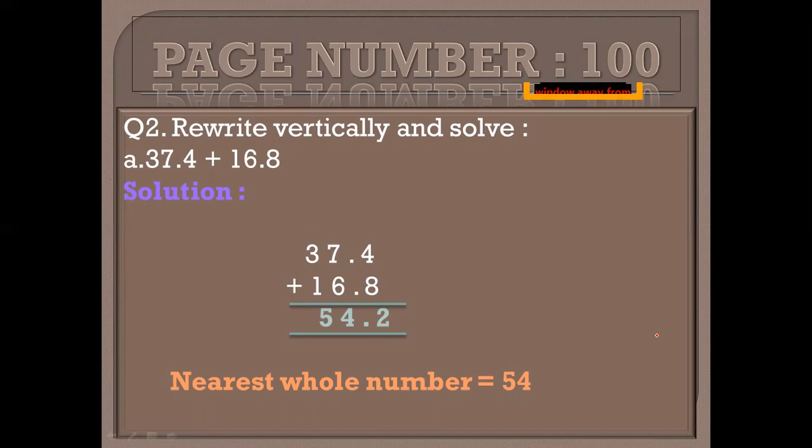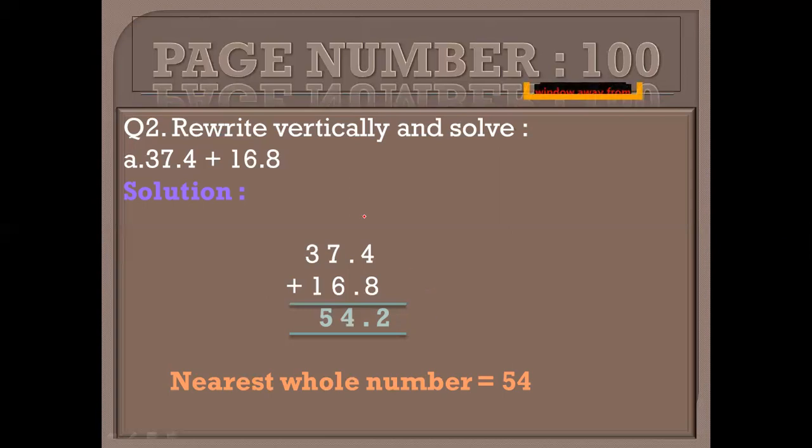And the same position: if the number on the tenths place after the decimal is greater than 5, then the same rule applies, the whole number will be increased by 1. Now come to the question. Part A is